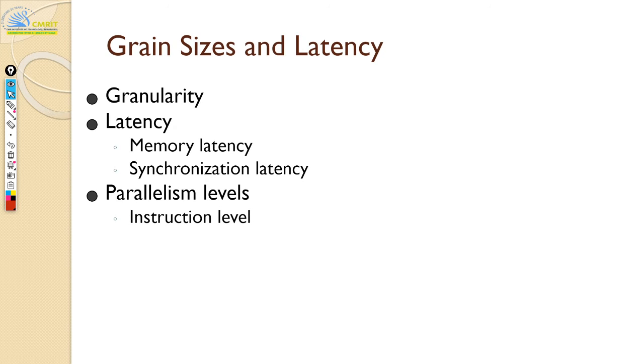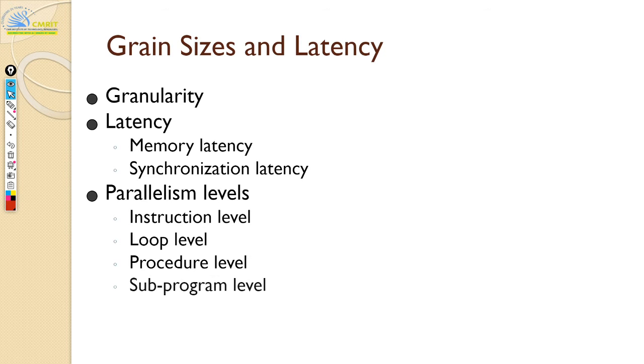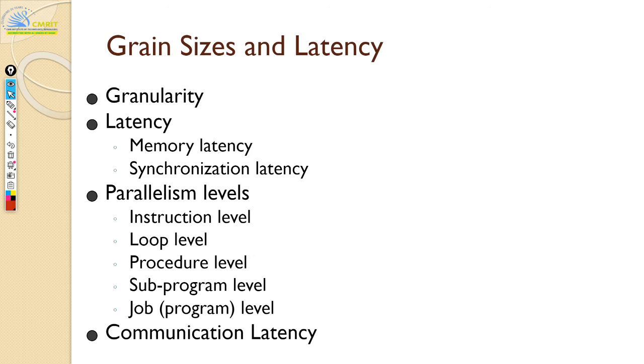So as I told you, we have instruction level parallelism, then there is loop level parallelism, where you can unroll loops a certain number of times. For example, if you have a loop of 1 to 100, and you have 10 processing elements, you can unroll this loop and give 10 iterations to each of these processing elements. And it could be at procedure level, where this particular procedure or function is going to run on one processing element. Okay, and there's a subprogram level, and there is a job or program level. Job or program level is again the application level also.